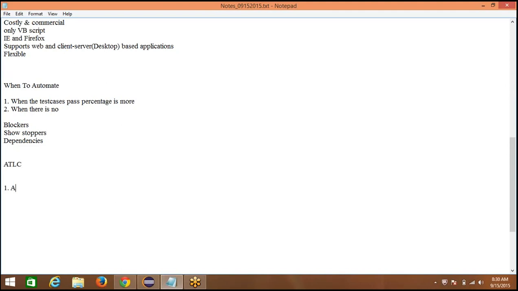The first is automation feasibility and analysis. This is also called the requirement gathering session. What we will do in the automation feasibility and analysis is, requirements are to be given by the customer, or we want to define some requirements, like what are the different tools you'd like to have.